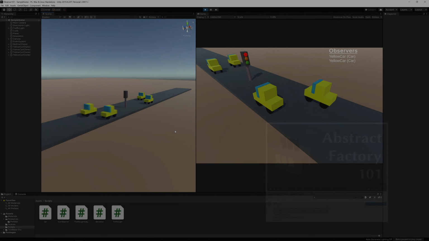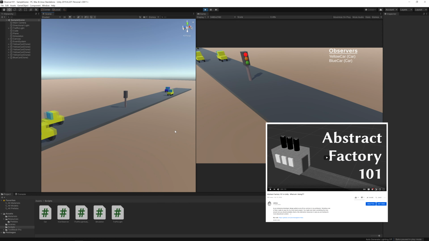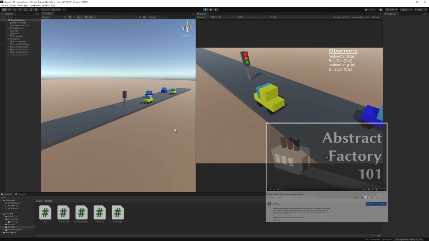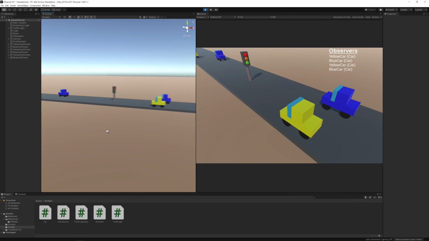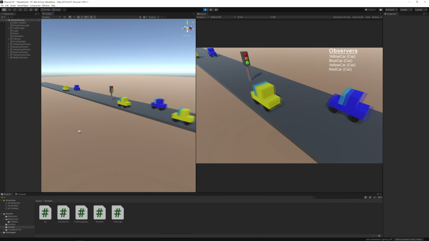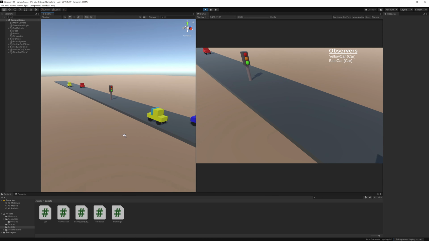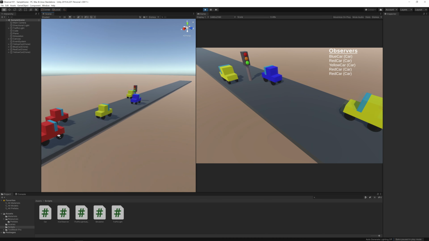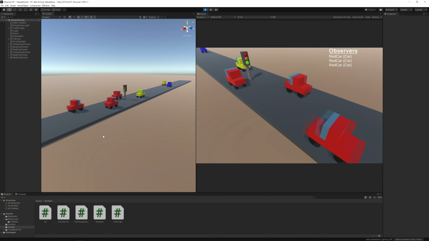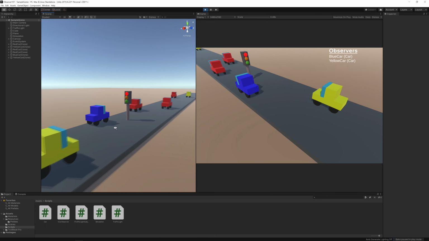As with my previous Abstract Factory 101 video, I forced a design pattern into a random scenario, which is always a great idea. All joking aside, there are better ways if you want to build a simulation, but I thought it was kind of interesting to play around with it, at least for a while. In any case, I hope it showed you some of the beauty of this pattern and also made you think about some of the drawbacks.